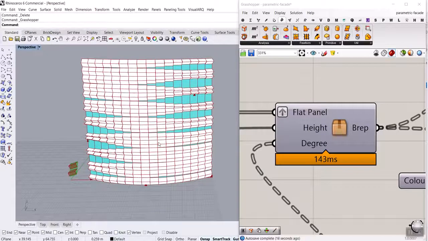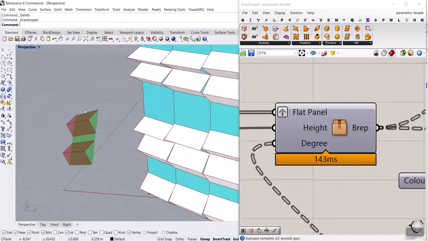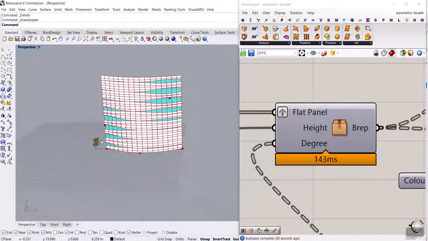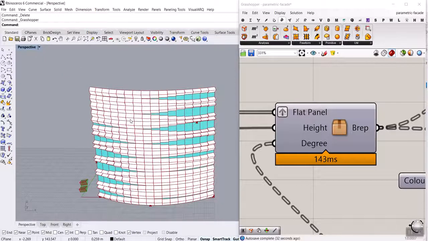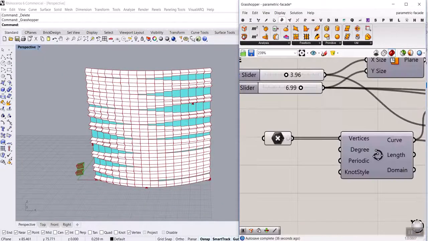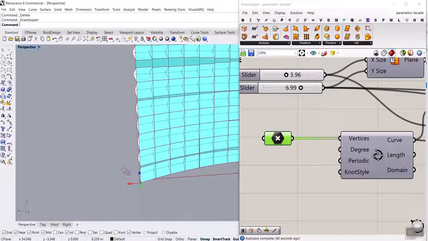We have some clustering, how to make a cluster, how to define it based on a panel in space, which can be not vertical or horizontal, just have a normal direction. We're going to explain that, and then we're going to model that on a parametric facade based on a curve, which is going to be defined by the size of the panels, which you can see all of these panels are the same